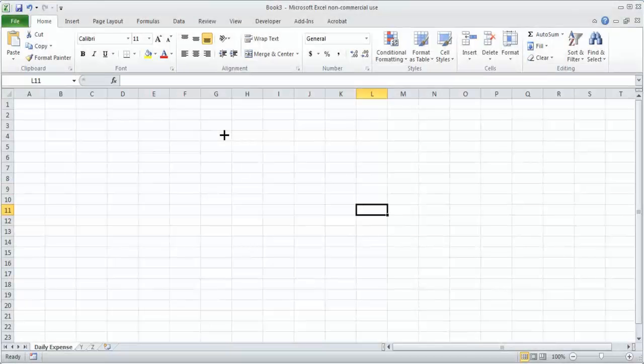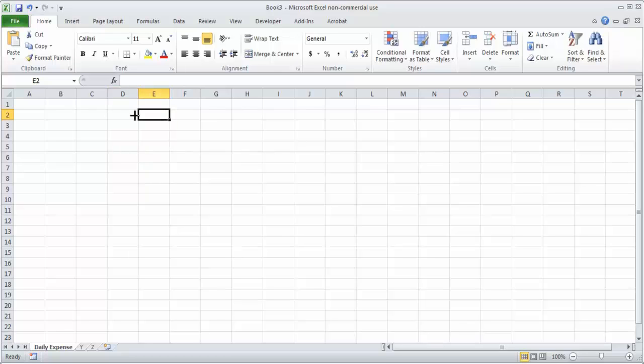Now you would want to know how to navigate through Excel. So if you are in, let's say, this cell which is C2, if you want to navigate to another cell, let's say D2, you press the right arrow. So you press the right arrow and you have moved to the right. Again pressing right arrow, you will move to E2.